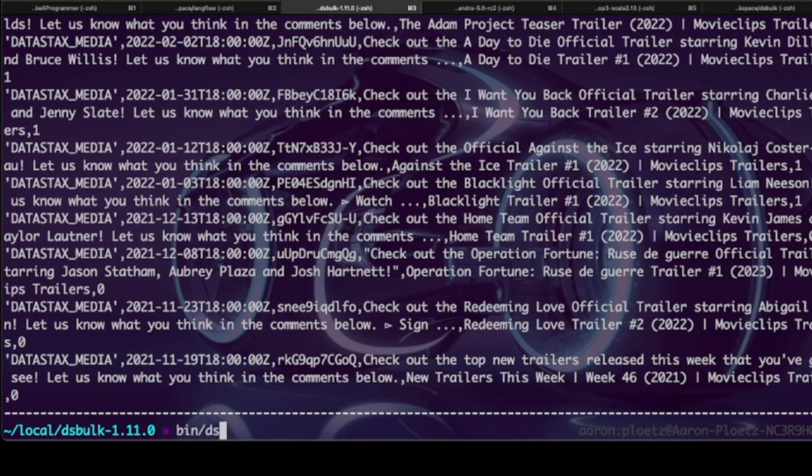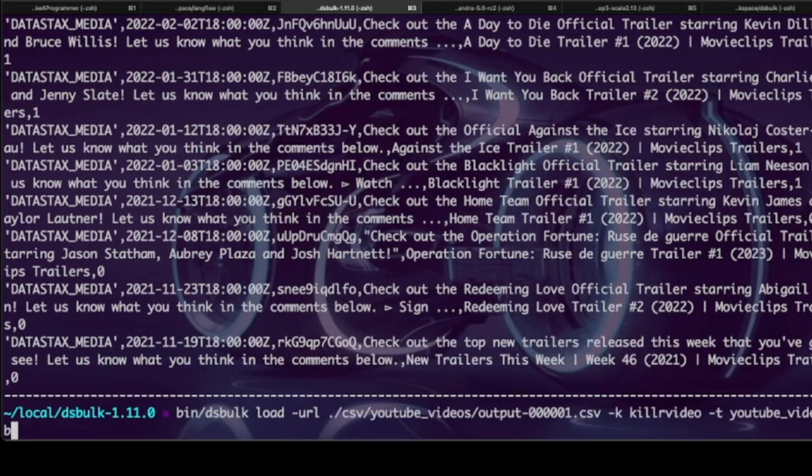Now let's go ahead and load them into our AstraDB database. So we can say bin/dsbulk load -url, and let's say youtube_videos/output-000001.csv, and let's load that into the killervideo keyspace, table of youtube_videos, and our secure connect bundle /spark and secure-connect-zdm.zip.